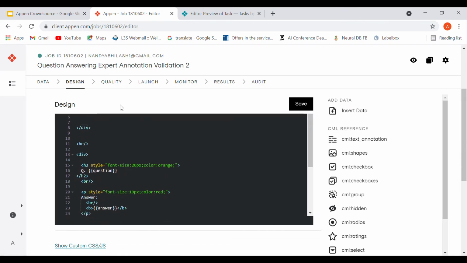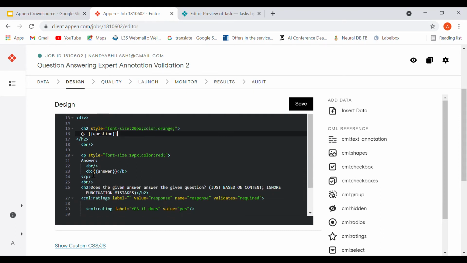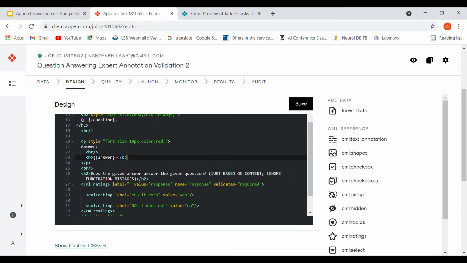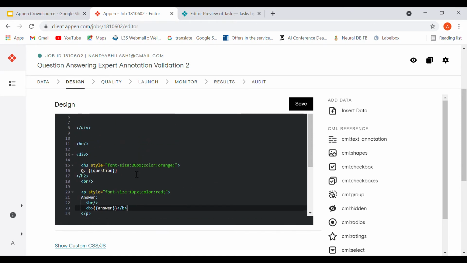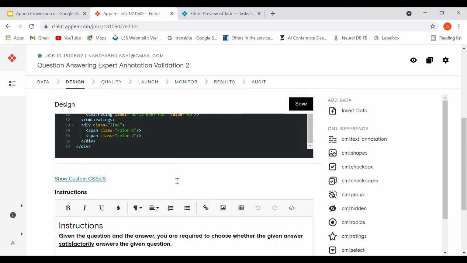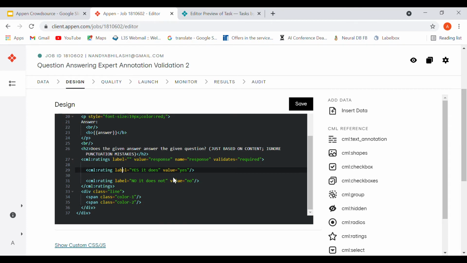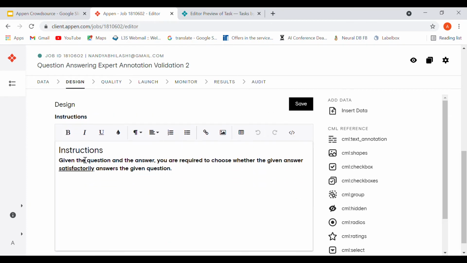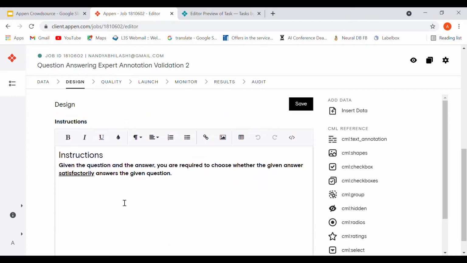You give them as placeholders: over here you give it within two curly braces, question, and over here answer, and the rest of it is normal HTML. It's basically a mix of HTML and CML, or the context markup language, as you can see. So that's the UI part, and over here you can give general instructions and whatnot.